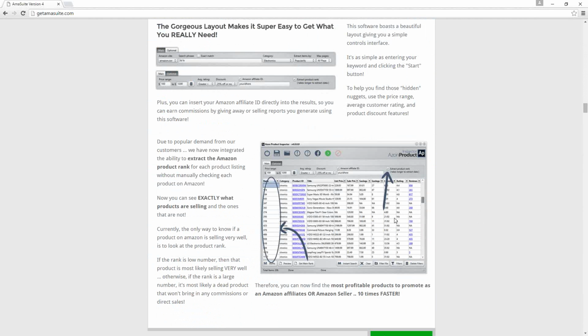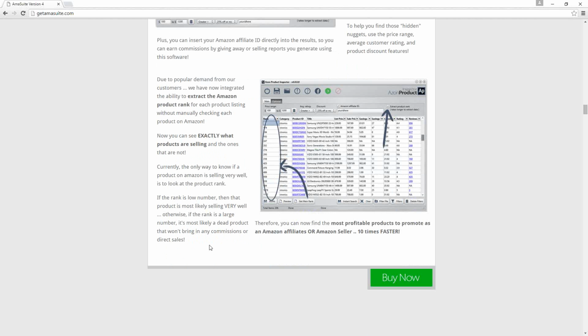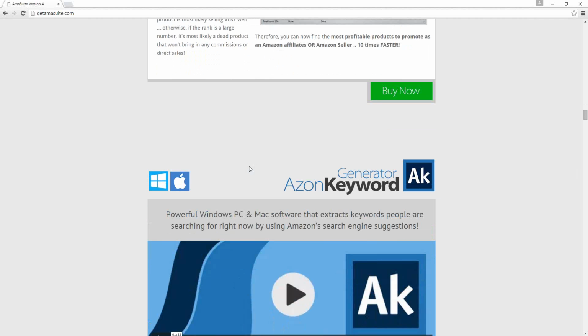You can use the Amazon website itself. You can use this software. Of all of them, this is probably one of my more favorites in terms of product research because it's not just limited to those top 100. So if you were going to focus on any one of them to utilize for your product research, this would certainly be it.